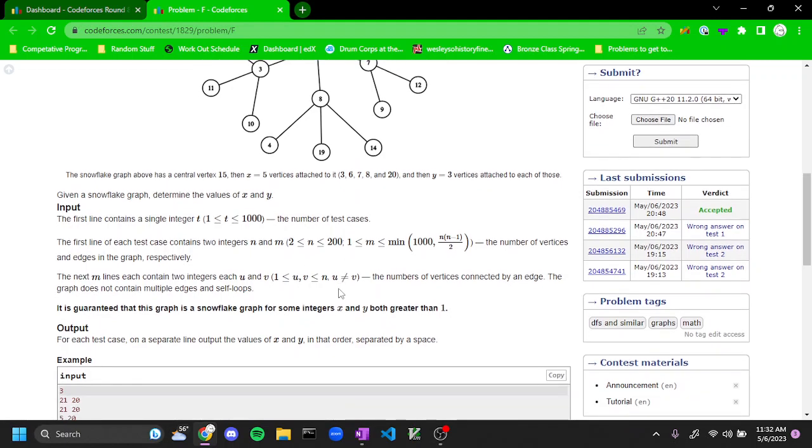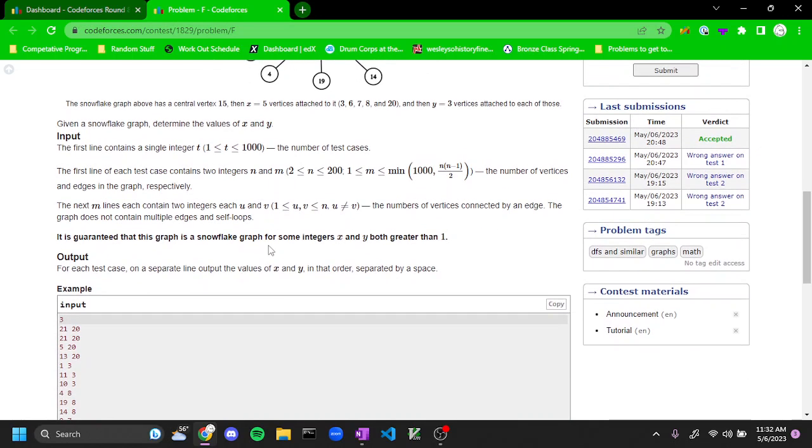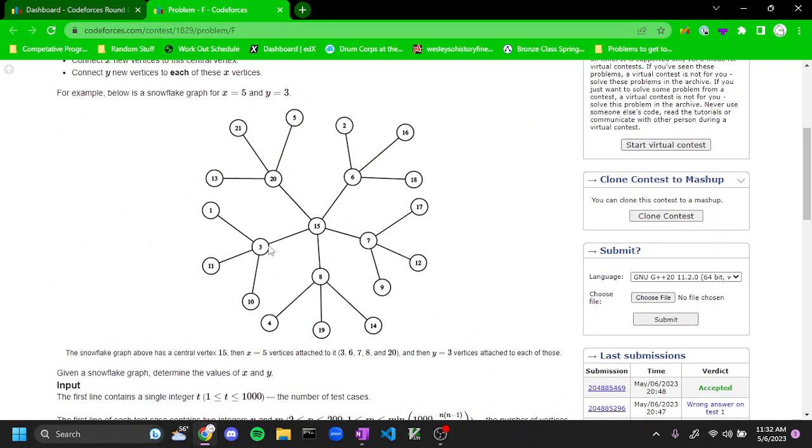Okay, so we're given t test cases, n and m, which is the number of vertices in the graph and also the number of edges, okay? And then after that, we're given m edges, which is between u and v. And then our goal is to find out x and y, okay? So this problem is super easy. There's no depth first search or breadth first search needed, no graph traversal. It's just super trivial, okay? So the answer is going to be,